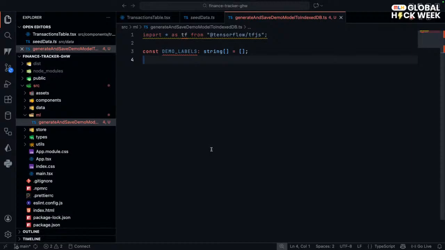Okay. So our labels, these are going to be the target categories that the model will try to predict. And now, if this is your first time learning about ML, let's do some theory bits first, and then